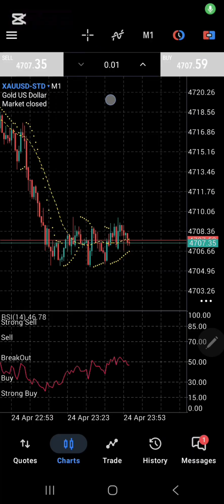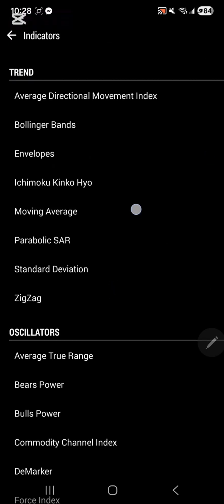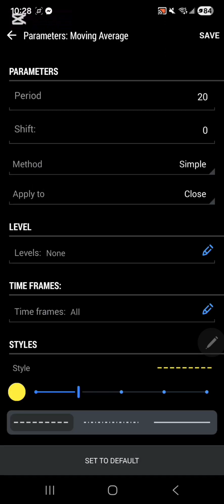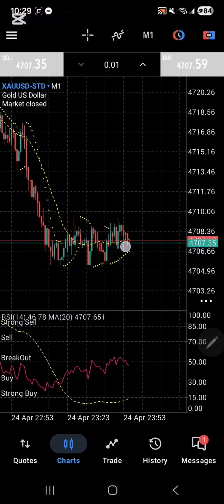The last one is I just add another moving average on the indicator window. If you see here, that's where I click and then move on a moving average. And that's the settings. Press save, and that's it.